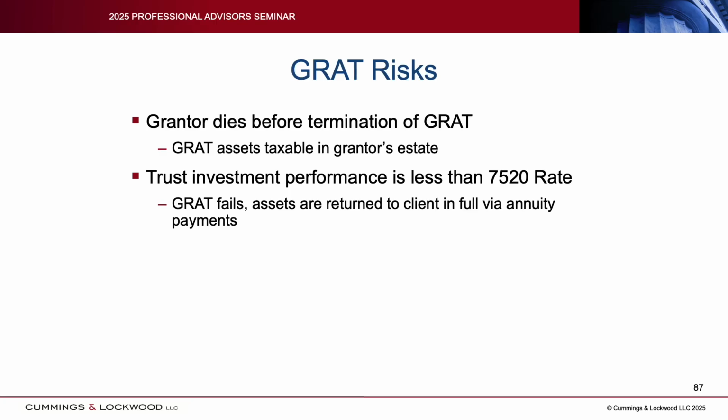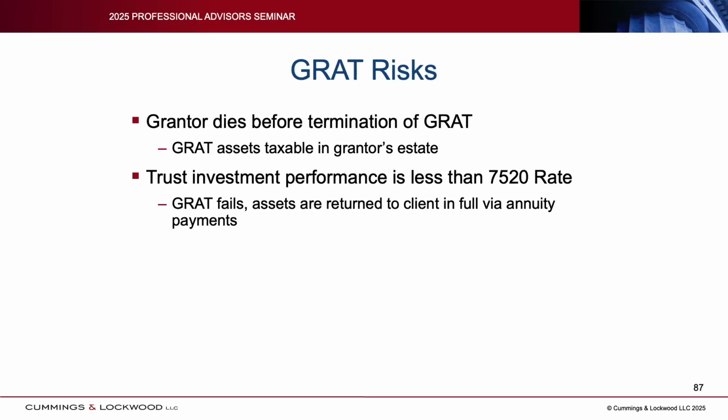There are risks. The grantor needs to survive the term of the GRAT in order for the GRAT to be successful. You should assume, although there are some complex provisions that tell us how to calculate how much of the GRAT would be included in your estate if you die during the term, that everything is taxable in the grantor's estate if the grantor doesn't survive the term. If the assets underperform the 4.6% discount rate or whatever it is when you set it up, then the grantor is going to get all the assets back. But so what? The grantor would have had those assets anyway